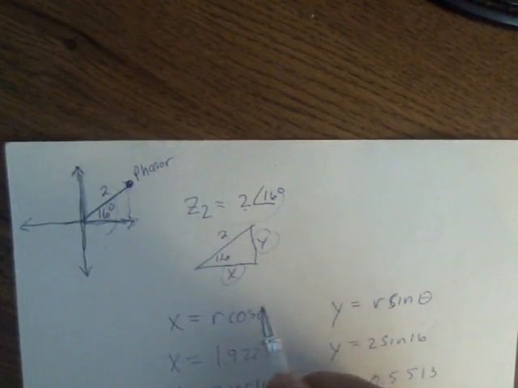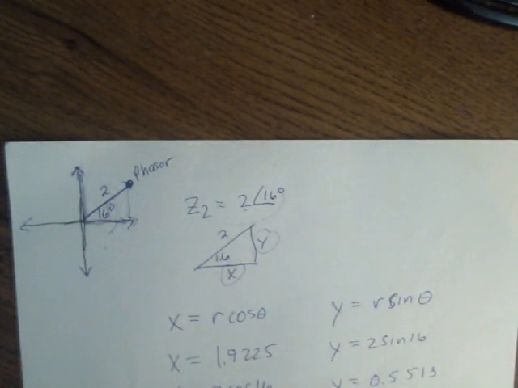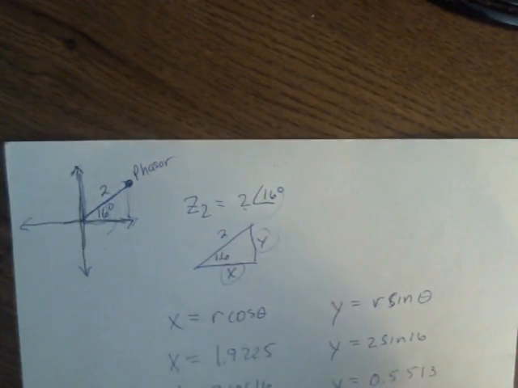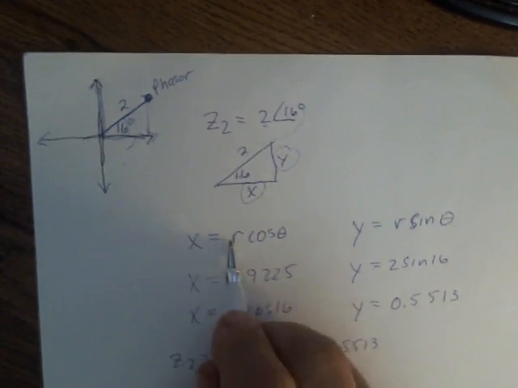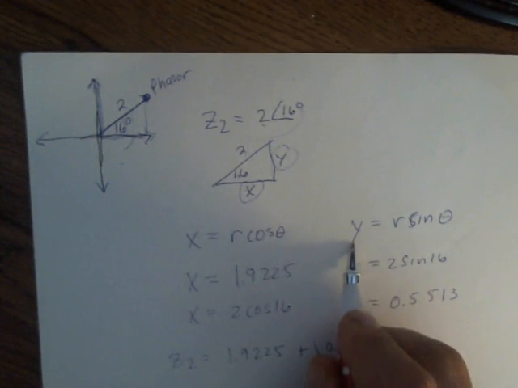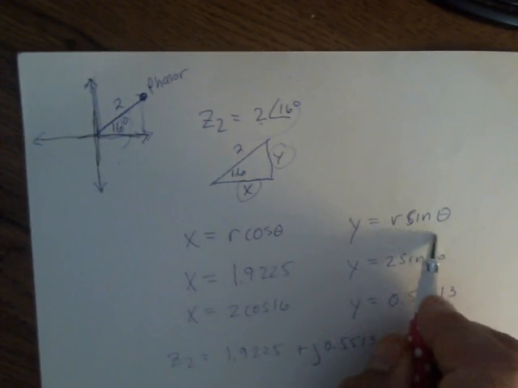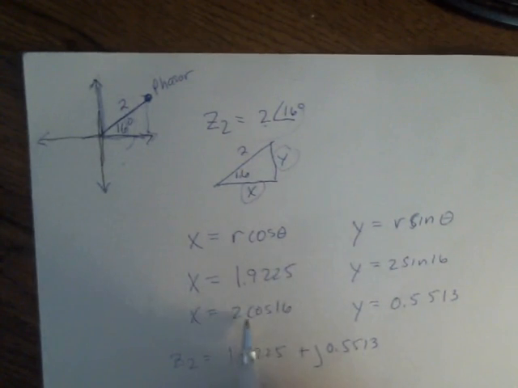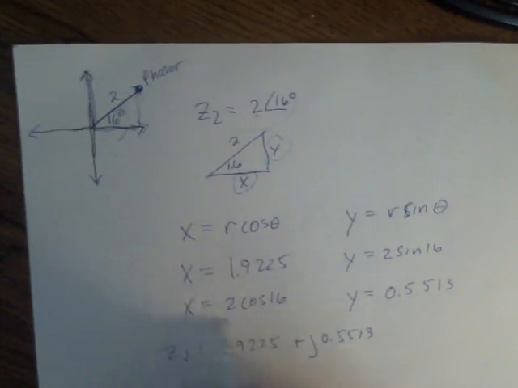And what I need to do is find the rectangular coordinates, because in order to add or subtract the phasor, you have to use the rectangular coordinates. So the x coordinate can be found by taking the hypotenuse times the cosine of the angle. The y coordinate can be found by taking the hypotenuse times the sine of the angle. So I kind of got ahead of myself there, but your x is 2 times the cosine of 16,